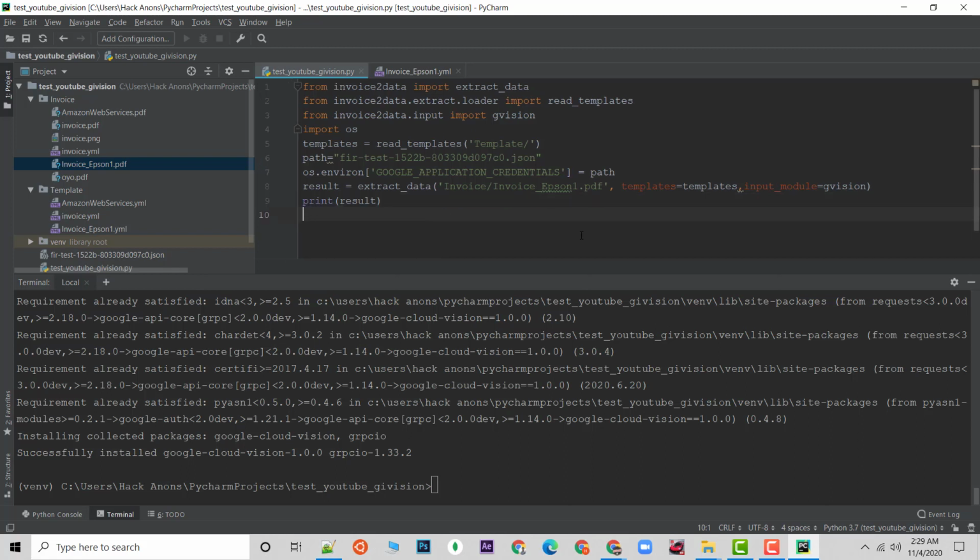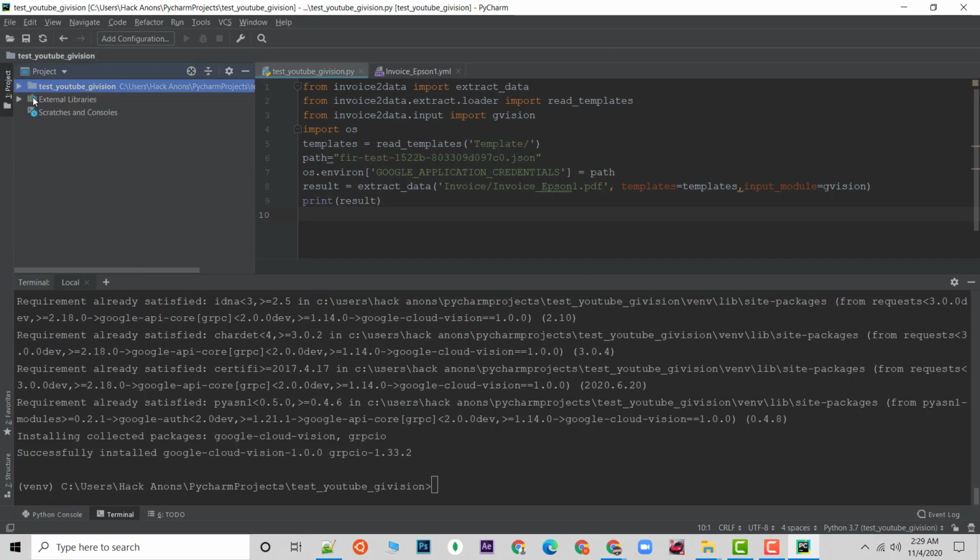Now, do you think it is done? No guys, there's still a configuration that we need to do. That's why I created this video, because there are a lot of things that you need to do. That's why I suggested using a virtual environment, the reason is we need to edit this library. You'll say editing a library is not preferred anyway, but we need to do it. If you're a developer, you can easily change this library, or better to use a virtual environment, do the things and just enjoy.